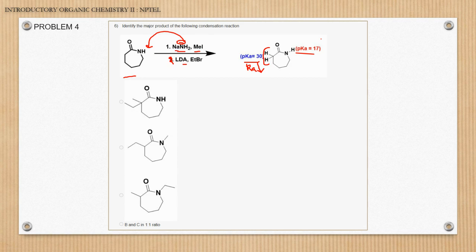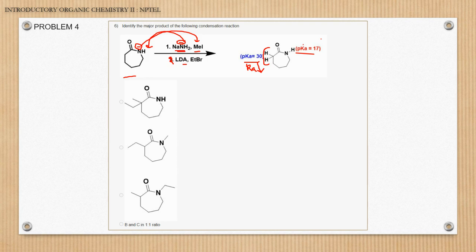Because it is a weaker base than LDA, it will abstract a proton which is higher in acidity. So NH being the higher acidic proton, it will abstract this proton and it will become N minus. This nitrogen will become N minus, and now it will attack the methyl and iodide will knock out